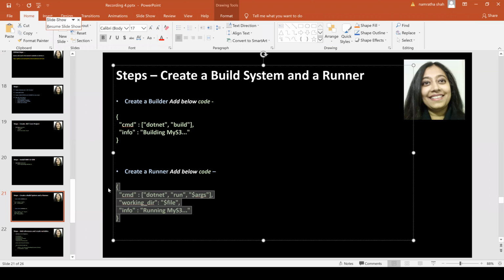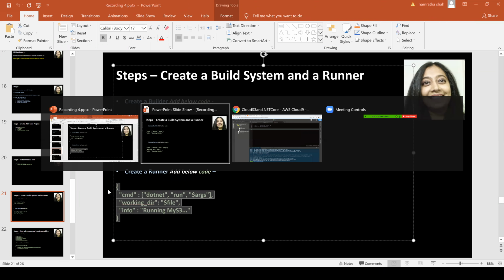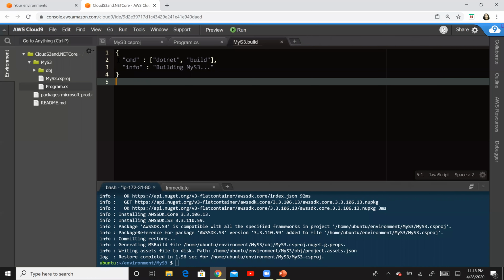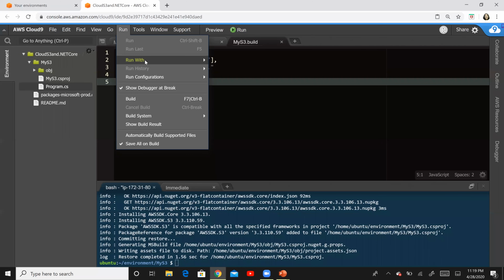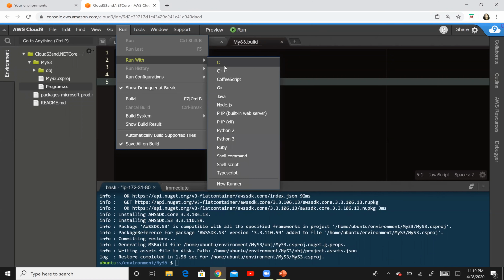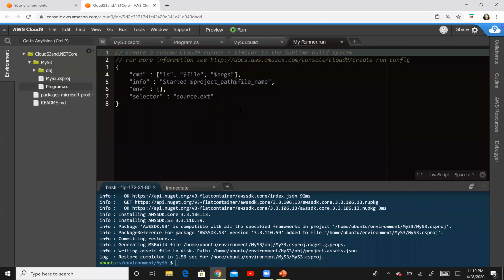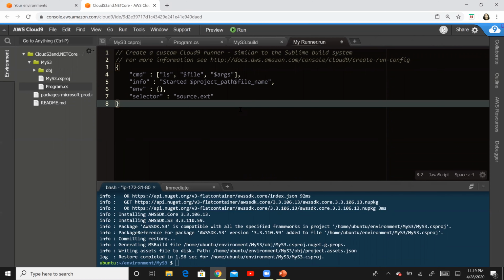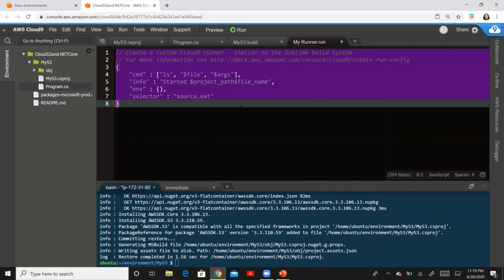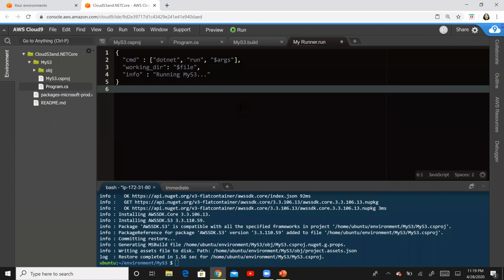So let us go ahead and create a runner. I'll copy this piece of code, then go back to your Cloud9, go to run with, and then go to new runner. So this is our new runner file, and these are the default contents, and we will replace them with our contents.